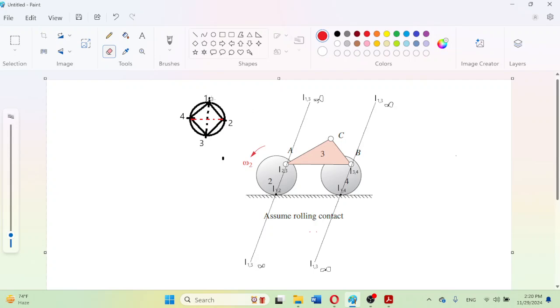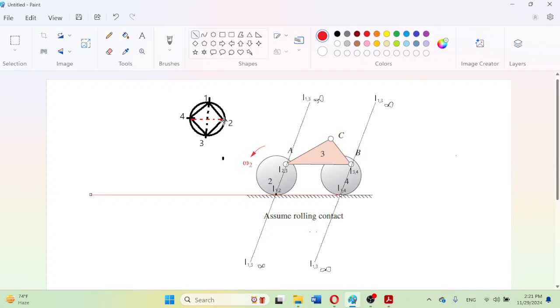So using the upper trio, for example, instant center I1,2 and instant center I1,4, the third instant center will be on this line. Instant center I2,4 will be located on the line connecting instant centers I1,2 and I1,4. So the third instant center will be located on this line, and in a similar manner using the other trio, as we can observe,